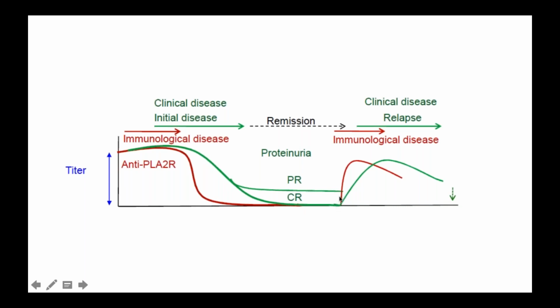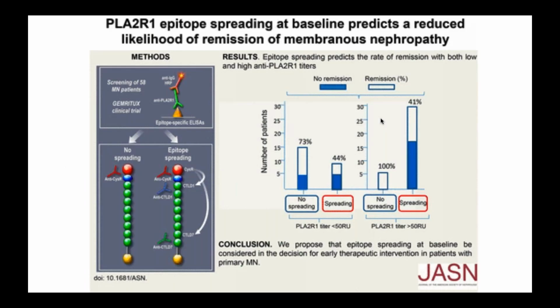All right, and then it is possible that at least a small proportion of patients will show a repeat increase in the phospholipase A2 receptor antibody titer, which may actually reflect in recurrence of the nephrotic syndrome, which will cause a relapse of the disease. Okay. So having dealt with all this, let's look at some very recently emerging information on a more